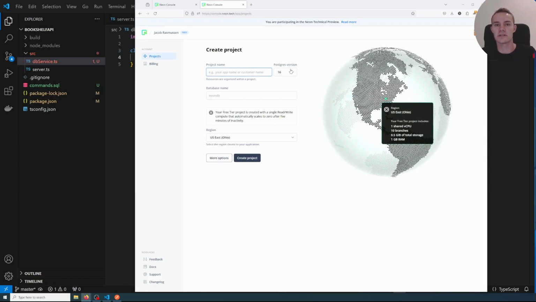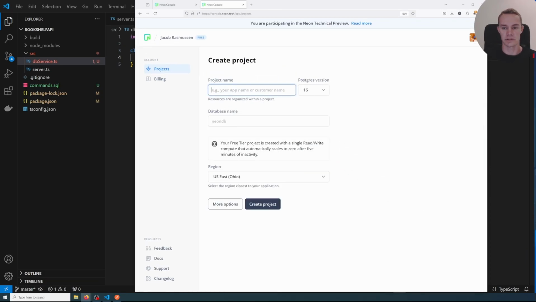And if this is a completely new account, you don't have a project yet, this will then ask you to create your first project. Let me just see if I can zoom in. So first off, you can give your project a name. I will just call this the bookshelf API. And I would like to use Postgres version 16. I just want the newest. And then a name for my database. And this database, I'll just call it bookshelf